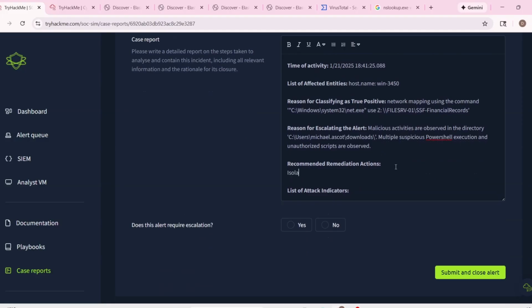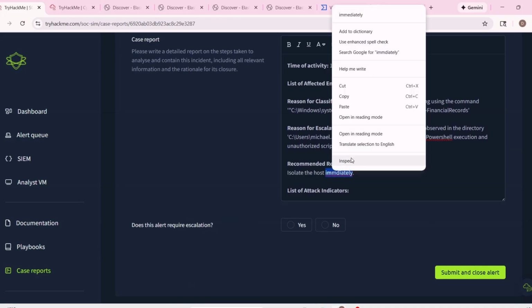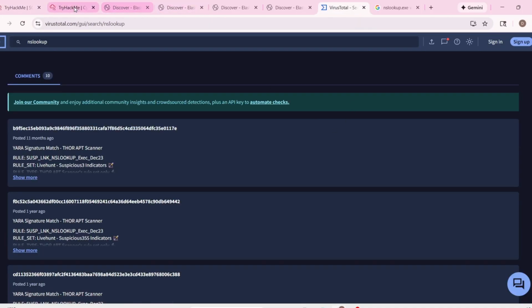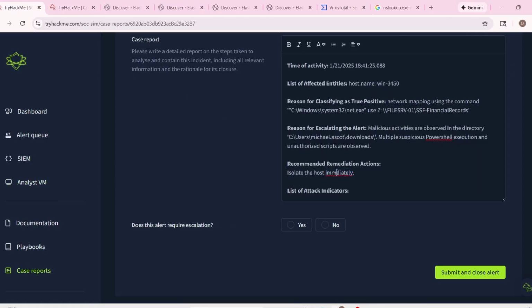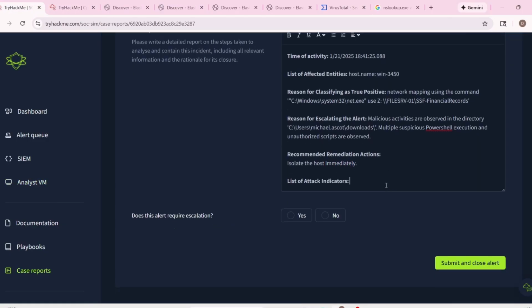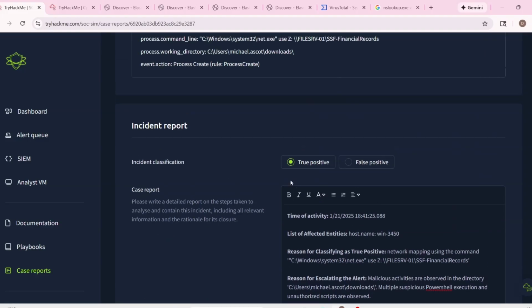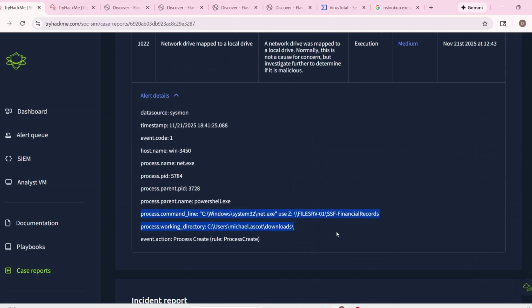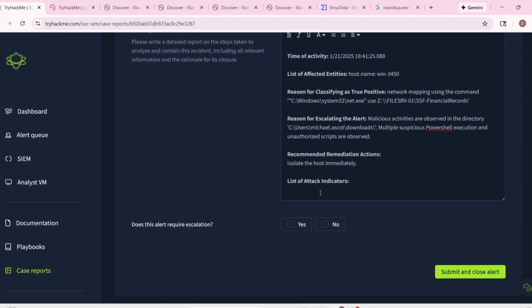Right, isolate the host immediately. Oops. Oh, what happened? Immediately. Anyway, I already mentioned everything. I will mention this too, and just